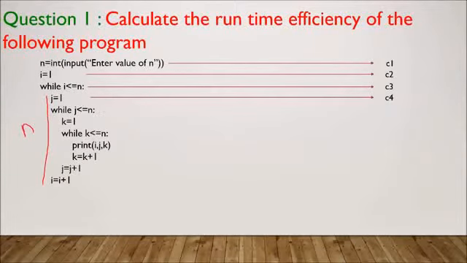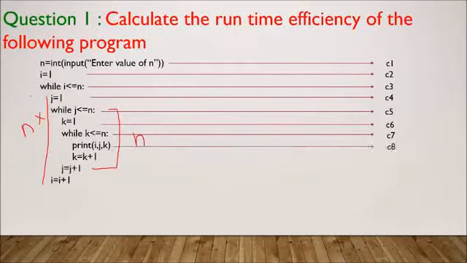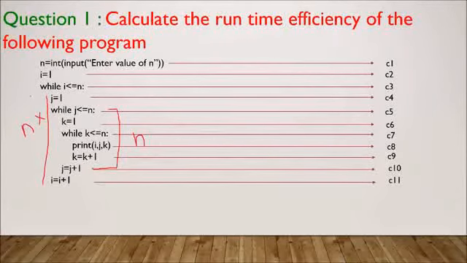that takes C4. Now again a comparison is there, and again one more while is there in which these statements are there. It is also taking n time. So this n will be multiplied by whatever time is taken within this particular while statement. So for the other statements, j is compared with n. In the next statement it is again compared with n. The next statement takes C8, the next C9, C10 and C11.